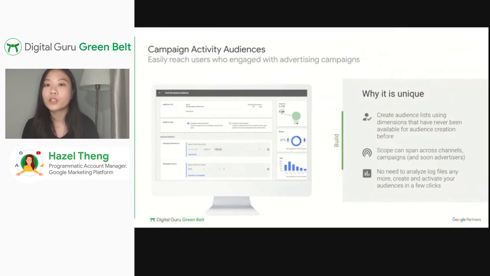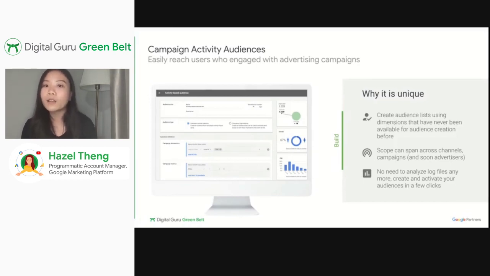For example, users who have subscribed to your YouTube channel, users who have viewed videos on your YouTube channel, or even any user who has clicked on your local publisher ad or clicked onto your display or video ad, for example. We can essentially collect these audiences as first-party audience segments.